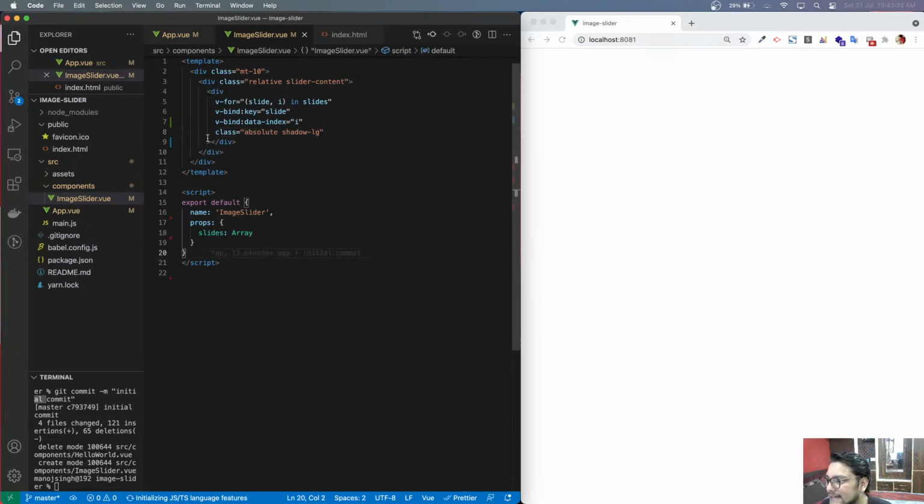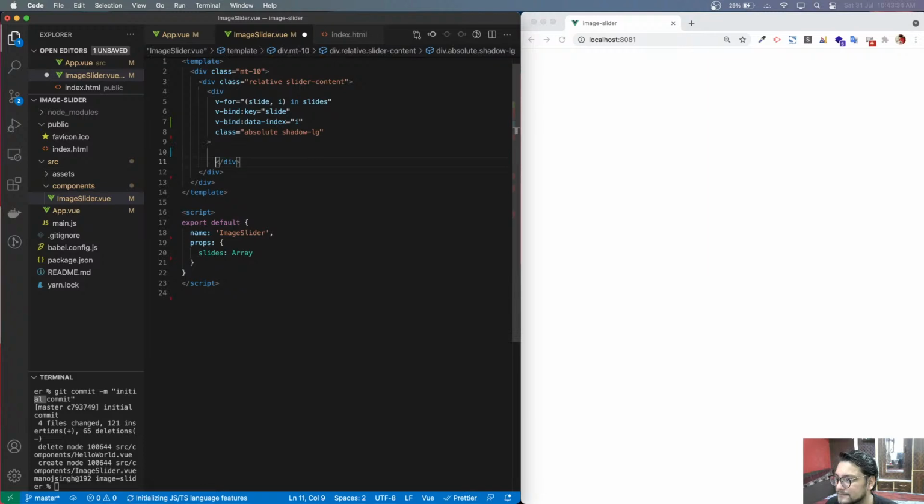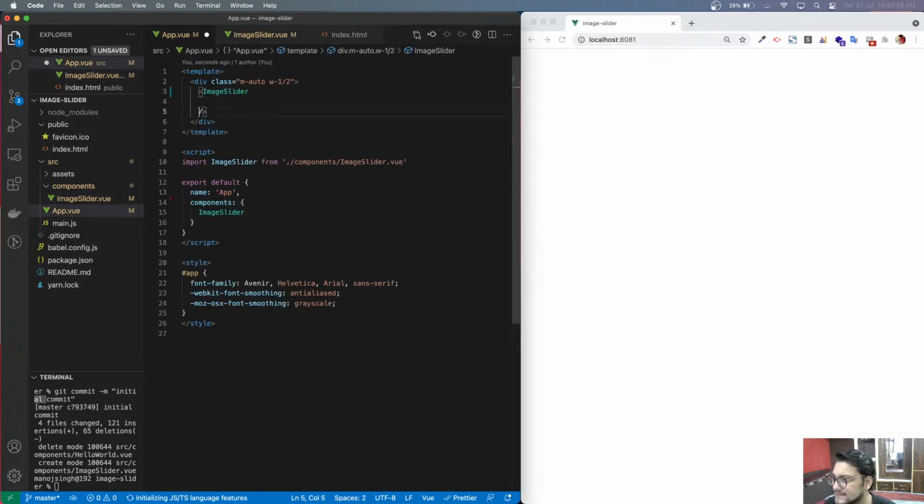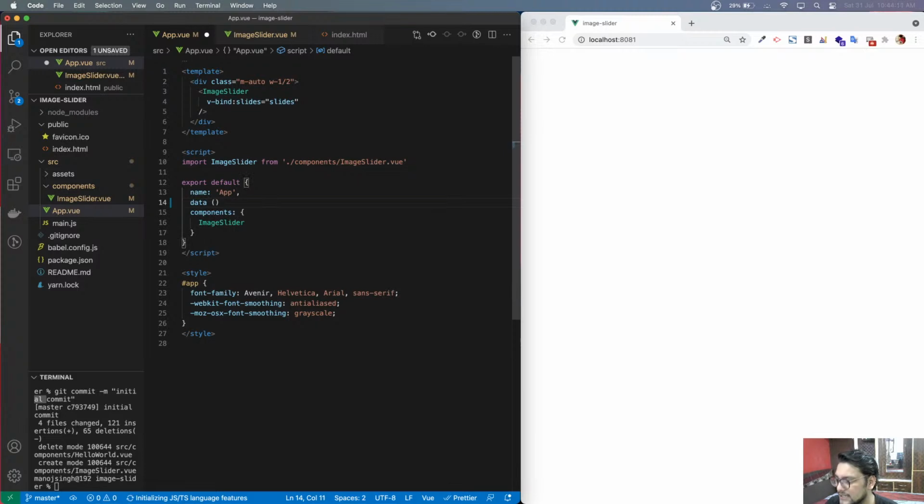element. And inside this will be an img component, image component, and I'm going to bind the source as well. So we bind source slide. Slide, as I said, will be the URL of the image. And I'm just going to close this, and this is pretty much it, right? So now let's go here and pass our slides. I'm just going to say we bind slides equal to slides, and here I'll create an internal local state,